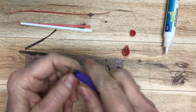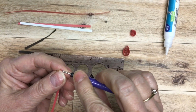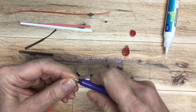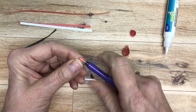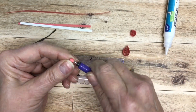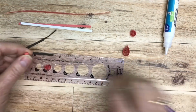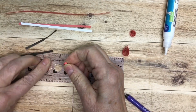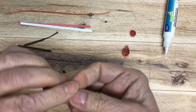And this is 6 inches. So we need 2 of those for the ears. All right. Take this one out, put that one in. So these are the ears. Just gonna...